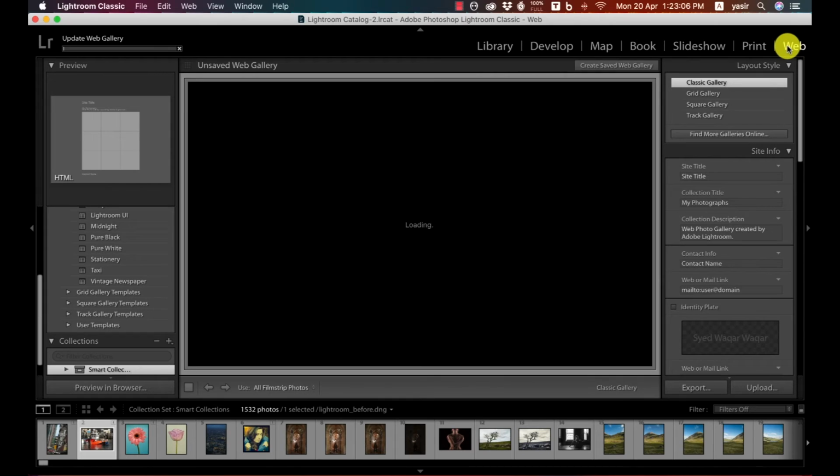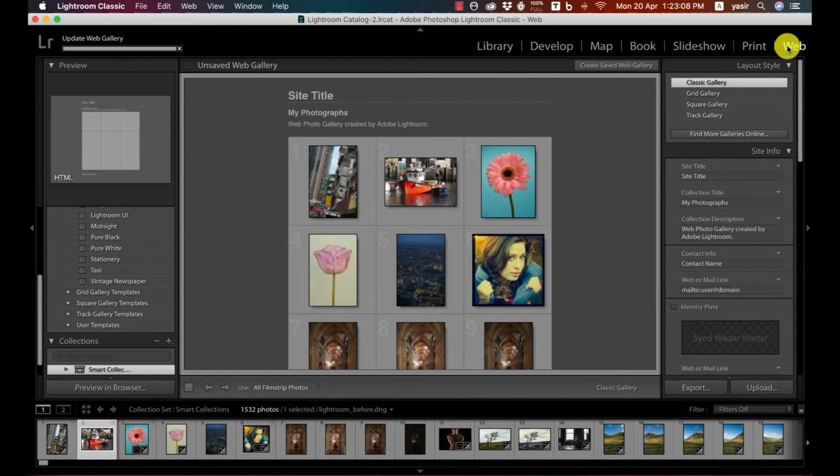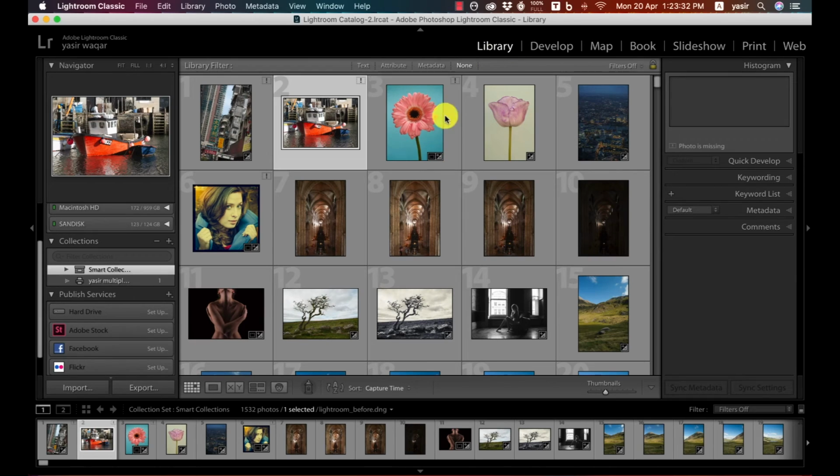The last one, but not the least, is the web one. This handy module provides you with a host of templates so that you can share your photos online in interactive and attractive web galleries. Lightroom enables you to make web galleries without any coding knowledge at all. So this is basically the web gallery which you can share and showcase without any knowledge of coding. So let's get back to the library, which is the basic one,